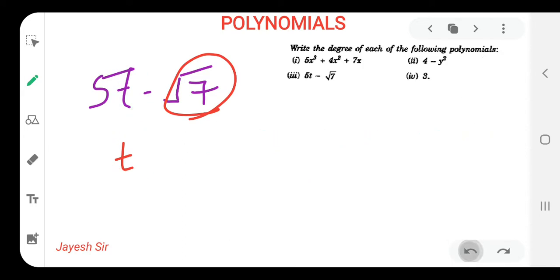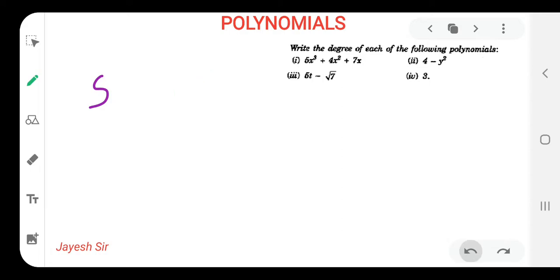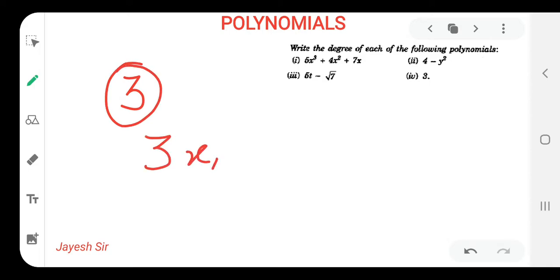We all know that. Now let's move to our fourth sum, that is only 3. That's something different. It's only 3. So the variable might be x, or we can take y, or whatsoever would be the variable. After taking the variable, the power of the variable should be 0, because that only makes the number 3. So x raised to 0 means 3 multiplied by 1, 3 itself.